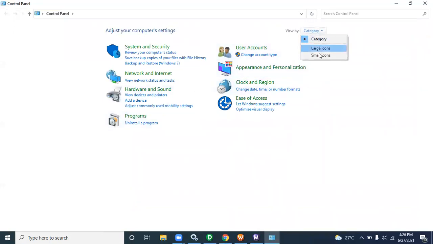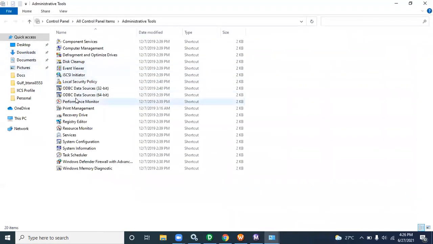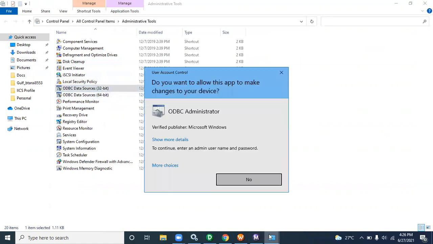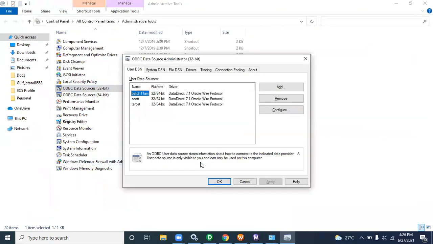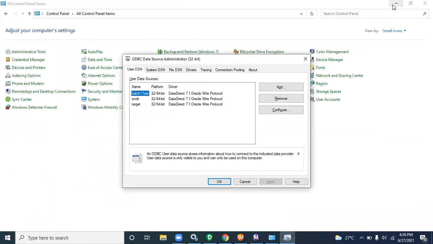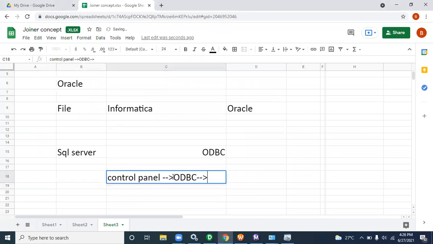Here you can check the Administrative Tools. Under that, ODBC Data Sources is there. ODBC connectivity is there. Like this. Let me open Administrative Tools.